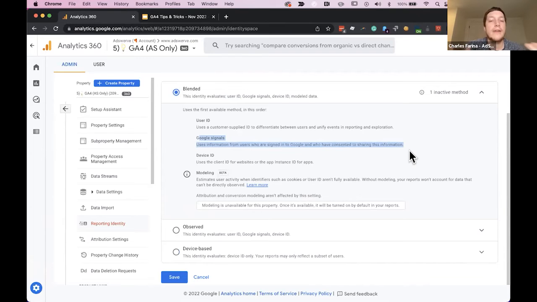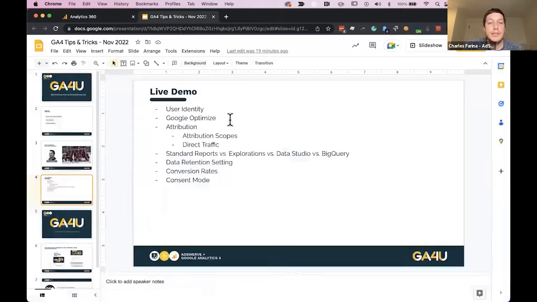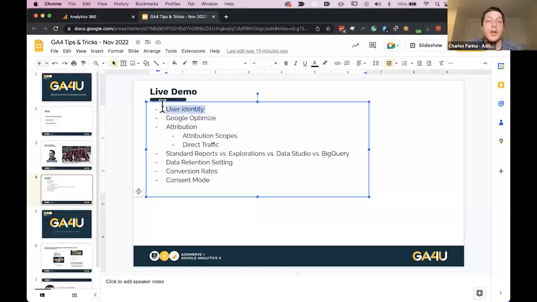And worse, you don't have any visibility into what rows you might not be able to report on because they're being dropped for privacy reasons. So that's my first key tip: in GA4, pay close attention to user identity, and I would really use that device ID only.